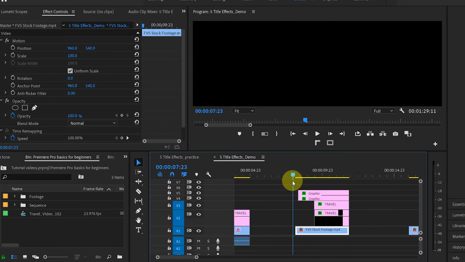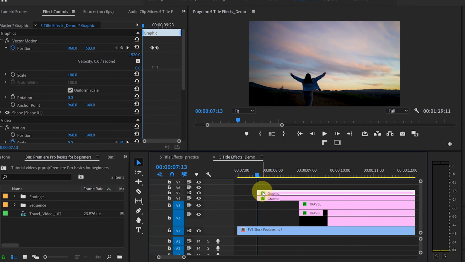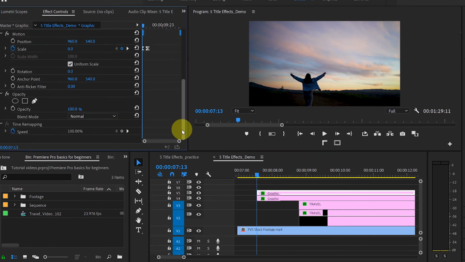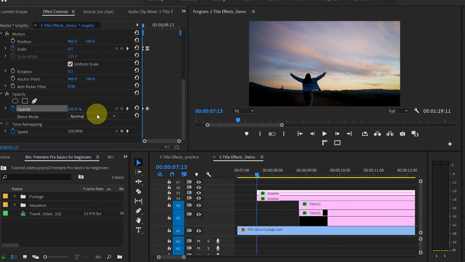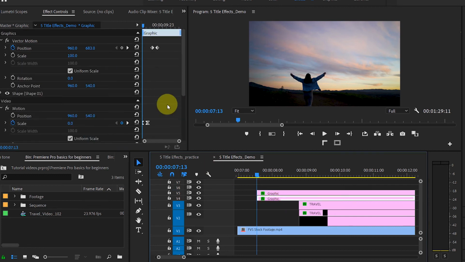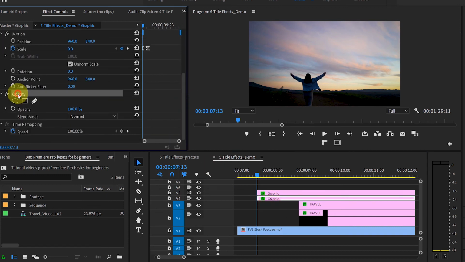Now go to the beginning of the line layer and select first line layer. We will add few keyframes to opacity. Move to Effect Controls panel. Create keyframe for opacity. Now click on the small arrow in front of the scale to get the exact position of the next keyframe. Then create keyframe for opacity. Go to the first keyframe and change the value to 0. Copy the opacity attributes. Then select second line layer. Click on opacity and paste those attributes there.